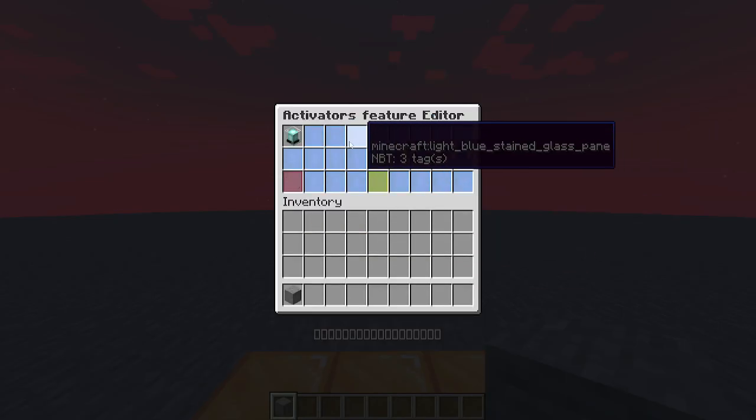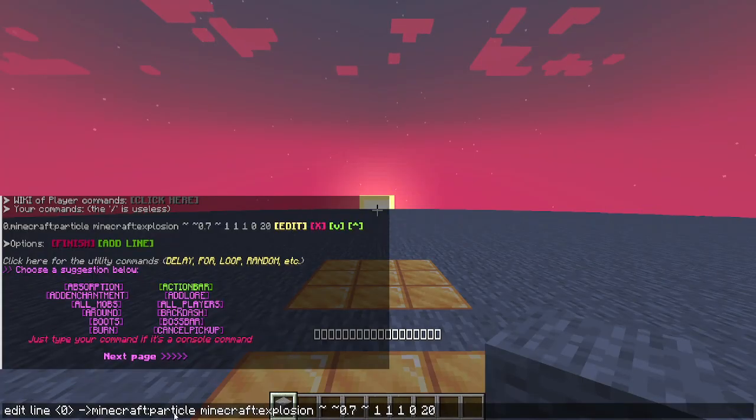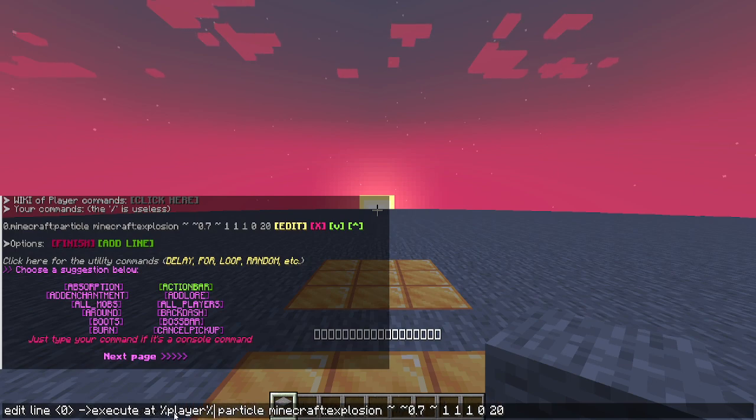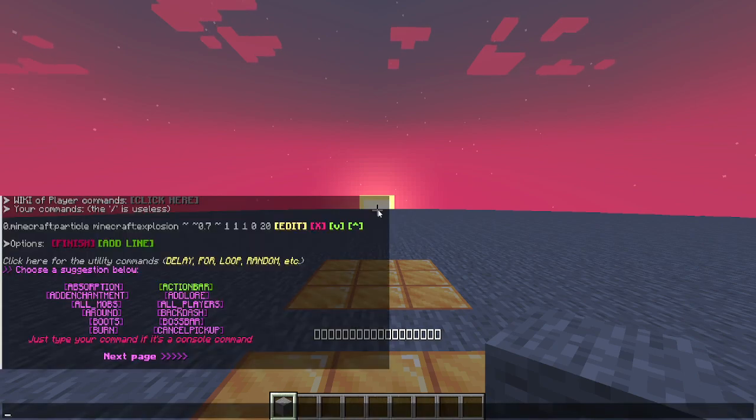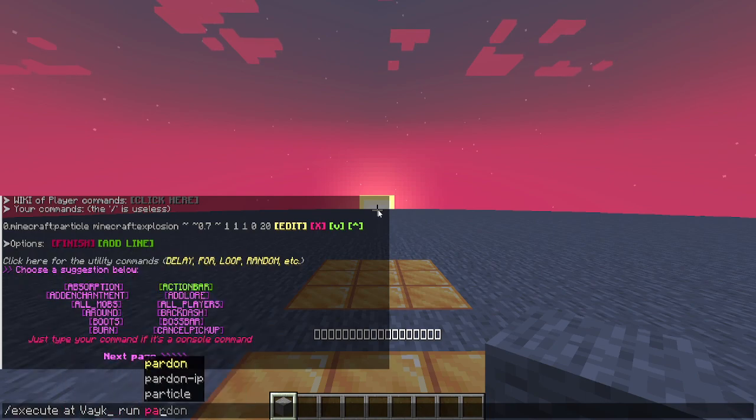Okay, let's edit this again, and instead of using the particle command itself, I have to execute it at certain positions. So I will add execute at player. In this case, player means the name of the player. Let's do this first without placeholders. It would be like execute at Vayk run particle explosion